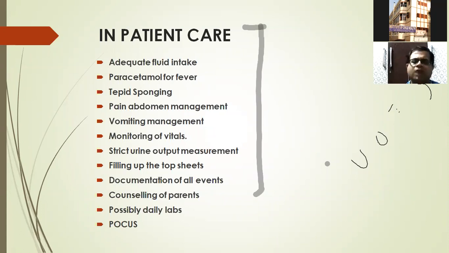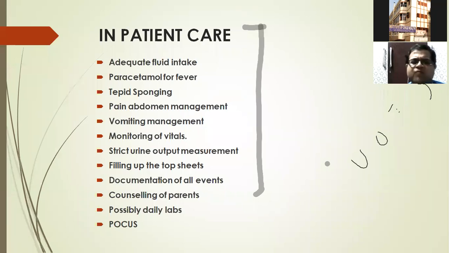Most of the times, it's not that all the times this pain abdomen is associated with mesenteric ischemia. The pain abdomen may be due to hepatitis, maybe due to gastritis, maybe due to mesenteric ischemia. But whenever you get a dengue patient with a pain abdomen, you first have to exclude mesenteric ischemia due to hypovolemia. Don't take it as gastritis and start giving PPI twice daily. And there is no role of protein in case of pain management. You can give paracetamol or a synthetic opioid like tramadol if the pain abdomen is severe.